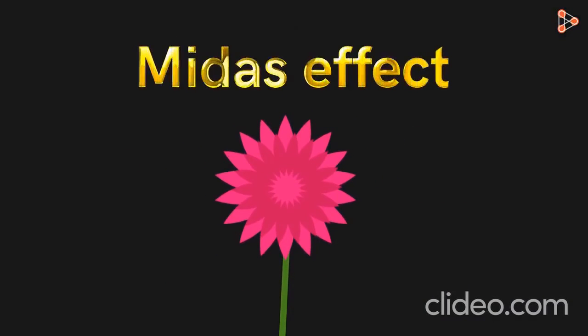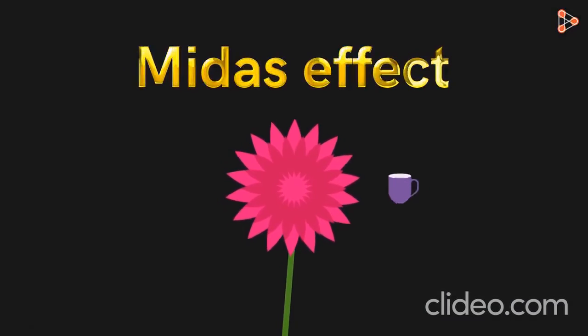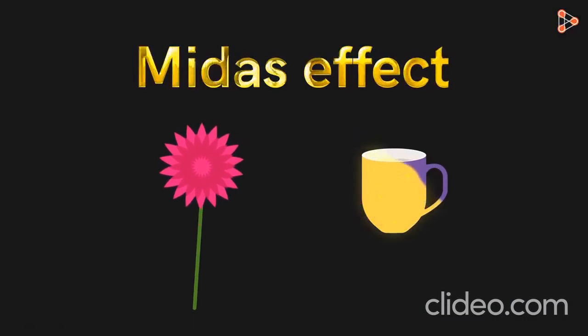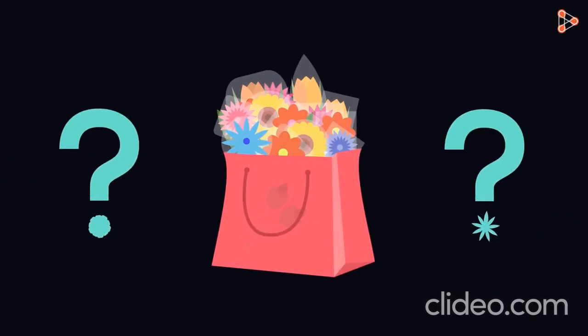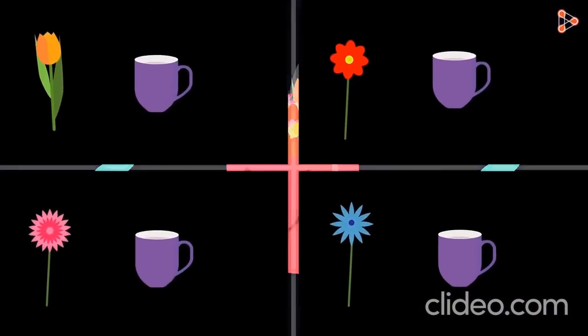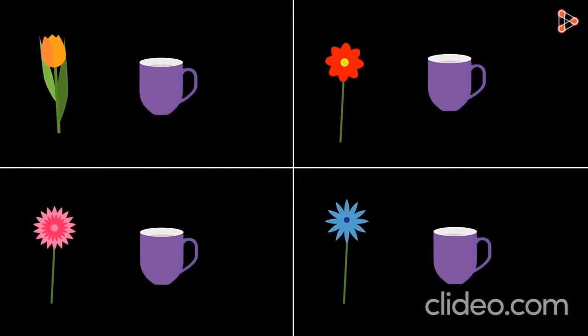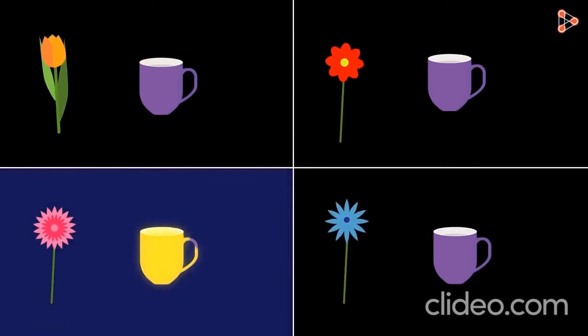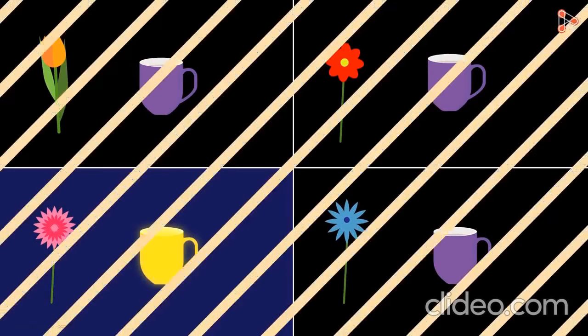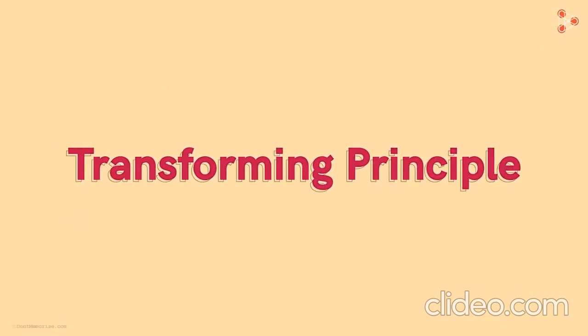Imagine we give it a bag full of flowers and we have been told that there is one flower which has a Midas effect. Midas means anything that the flower touches gets transformed into gold. But how will we find out which flower is the special one? All the flowers look more or less the same. Well, the only thing we can do is make all the flowers touch some object. Is that right? So examining every individual flower is the only option we have.